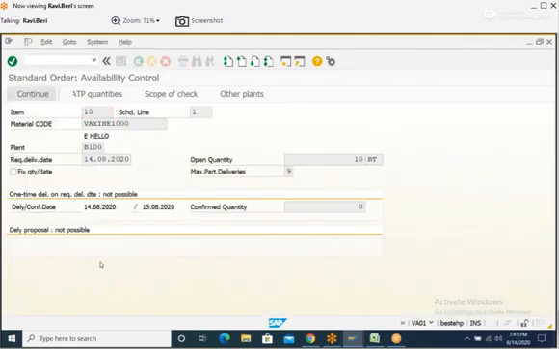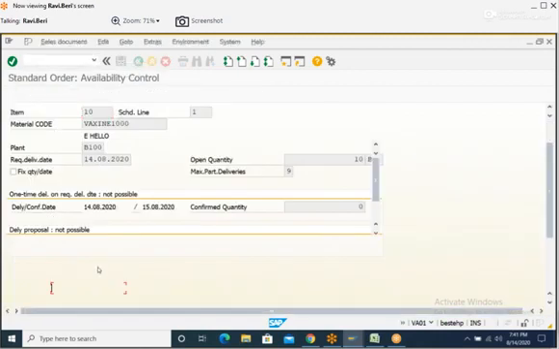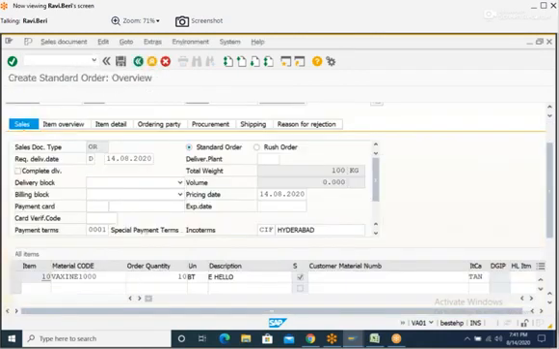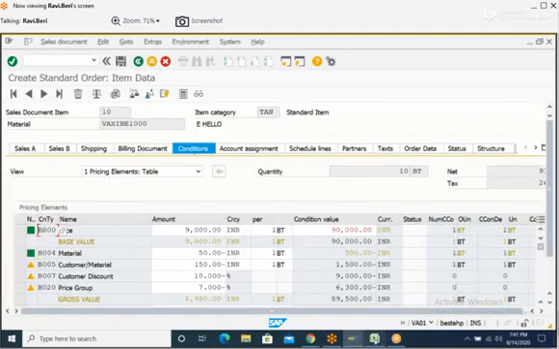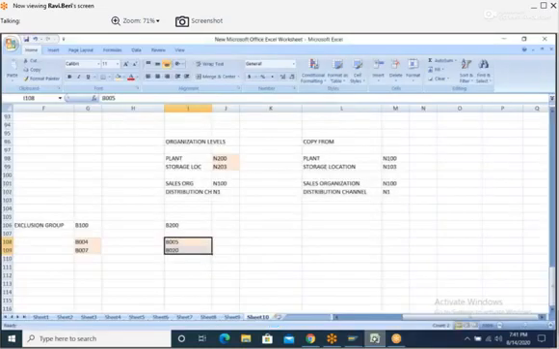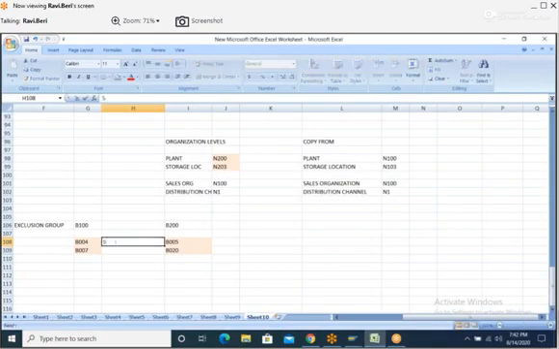Now go and check what is the price for various discounts. Now B004 is 500. This is 500.